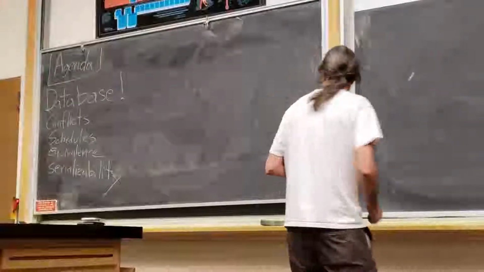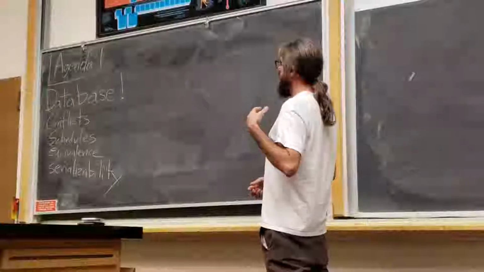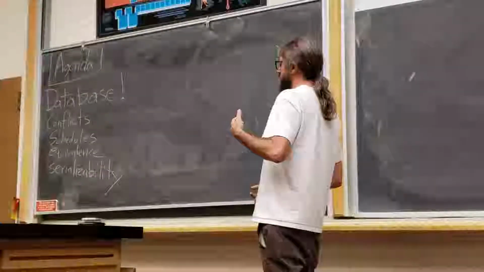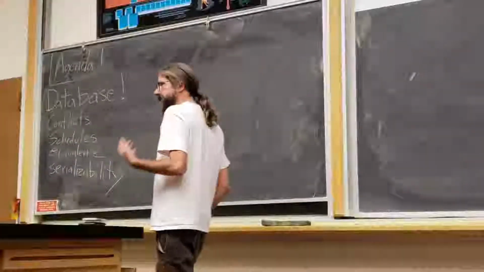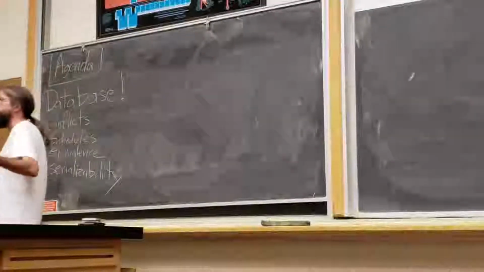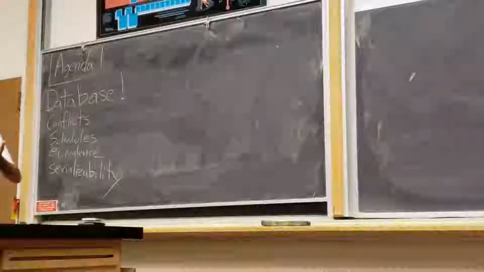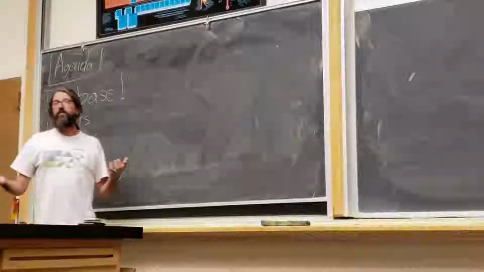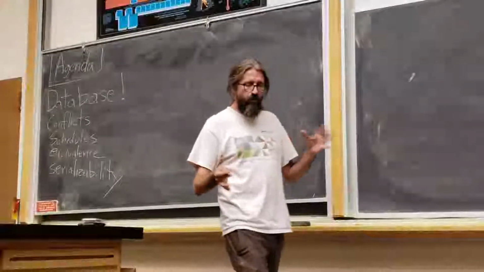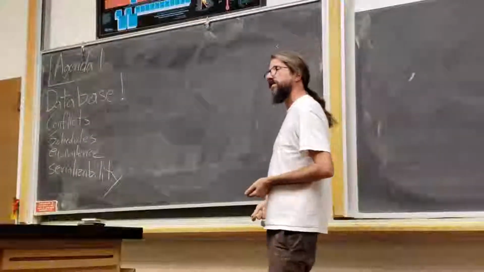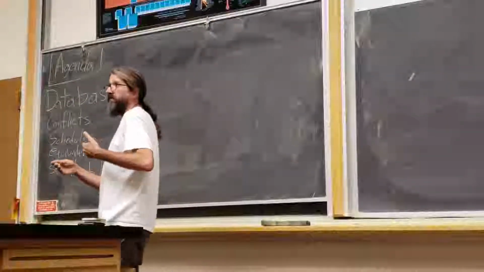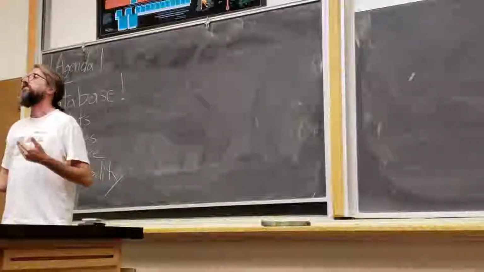The other thing that's interesting to talk about databases is that in our last class, we began to look at the concept of consistency in a more nuanced way. Up until now, we set this one standard for consistency: you can't tell the system is distributed, you can't tell the system is replicated. And then we began to say, no, it's a lot more nuanced than that. You can have a lot of different levels of consistency, and there are a lot of interesting levels that are strictly weaker than strong consistency.